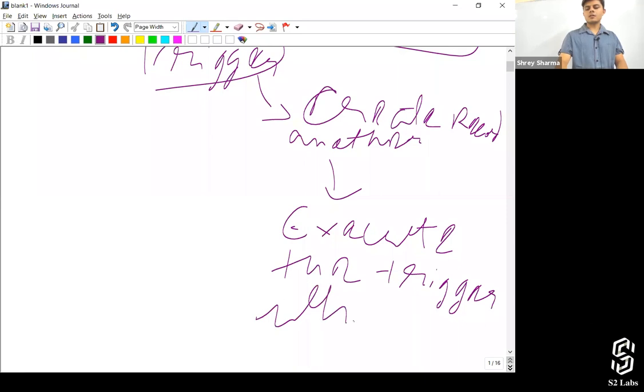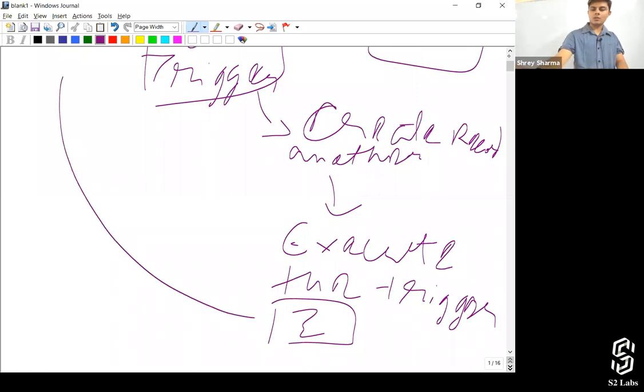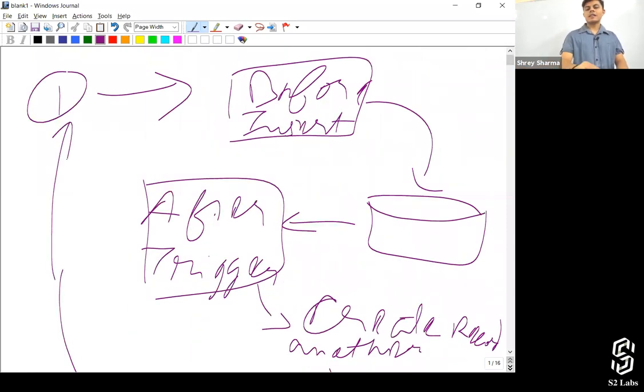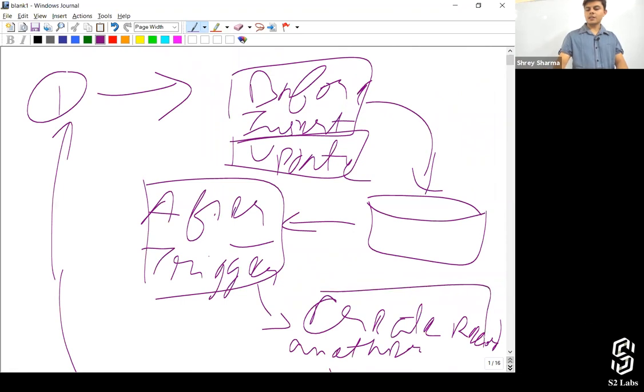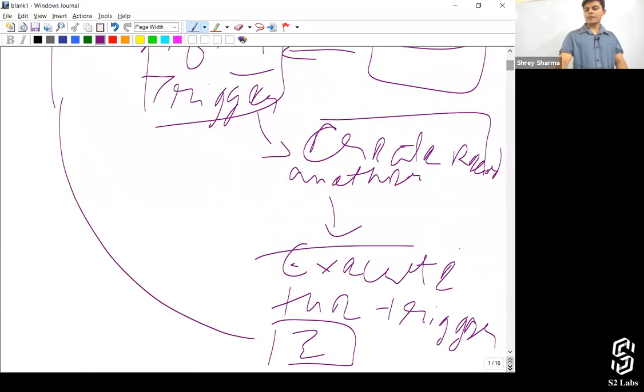Which updates, or a trigger which has got code which is updating, or which can update, the account to which it is associated. And then it will call the before update trigger, and then again it will go to the database, and then it will execute the after trigger. Then again it will go and create the contact record, right? And then again it will execute another trigger in contact and is going to update the account. So it becomes an endless cycle, right? And that is exactly what we call infinite recursion, right?